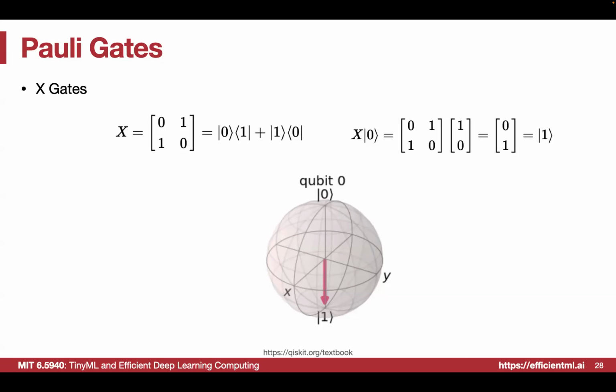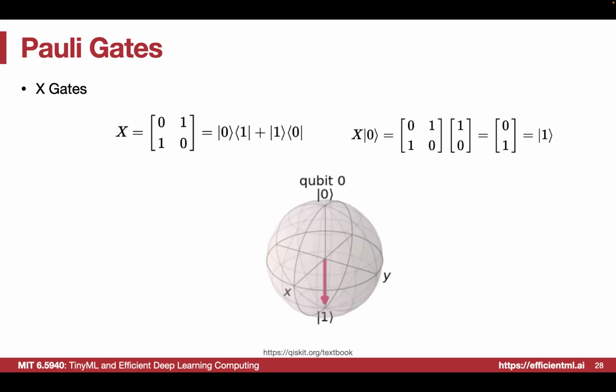So the X gate can be represented as this matrix: 0, 1, and 1, 0. And when we apply this X gate to a 0 state, what will happen? Intuitively, we apply this NOT gate to 0, which should obtain 1, right? So how can we know that mathematically? Basically, we can apply this X gate to this state (1, 0), and if we do all the math here, we can know that the output will be (0, 1).